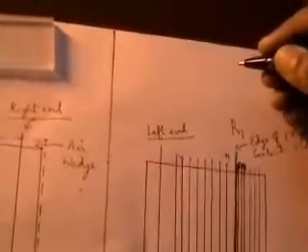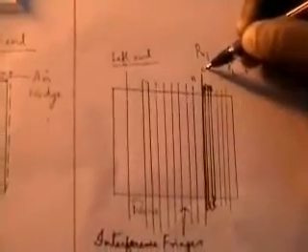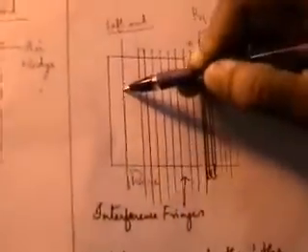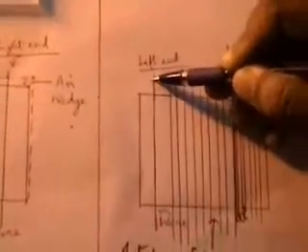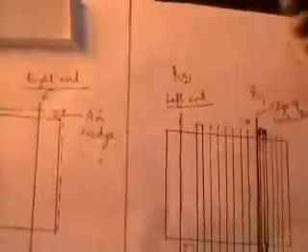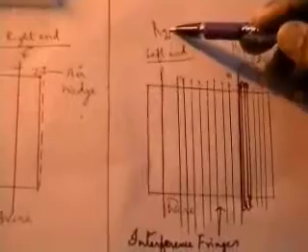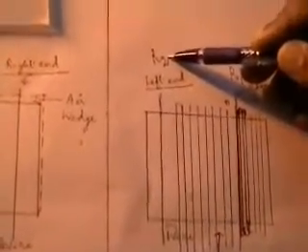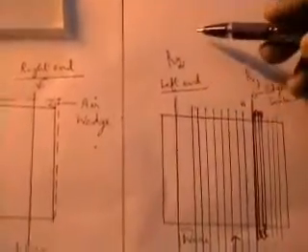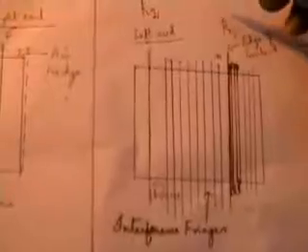R1. Along the edge of contact, that reading will be R1 after proper focusing. And in the left end we have the wire, that is R2. When we coincide the cross wire with the wire, that reading becomes R2. So we now see that we have got an inverted image. What was on the left has come to the right, and what was on the right has come to the left.